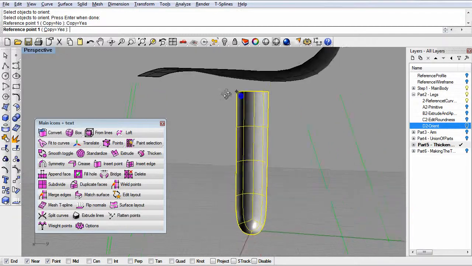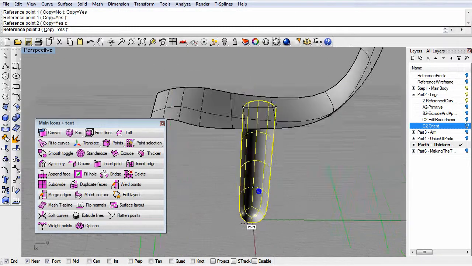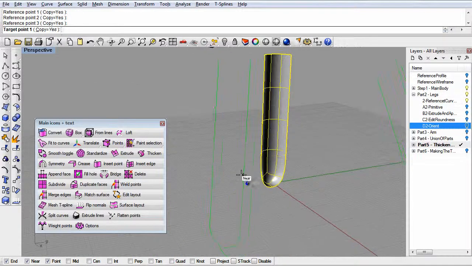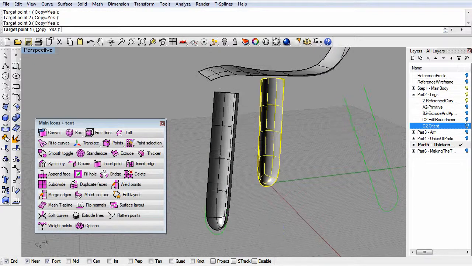First I'll hit the reference points on the actual T-spline, so point 1, point 2, and point 3. Then here's my target points. I'm just going to click in the same areas as my reference points. So target point 1, target point 2, and target point 3 here at the bottom. You can see it makes a copy of the T-spline